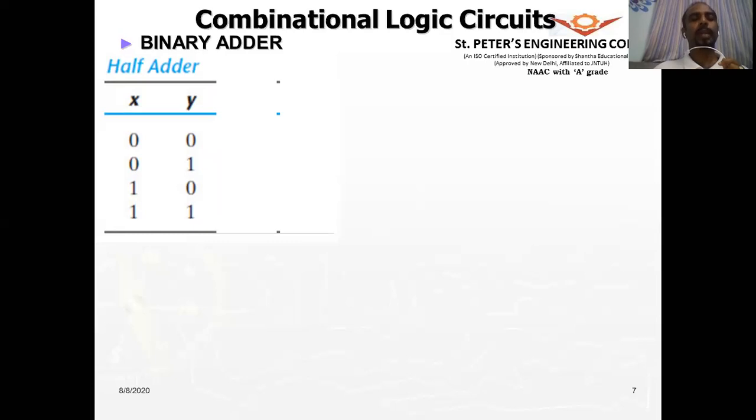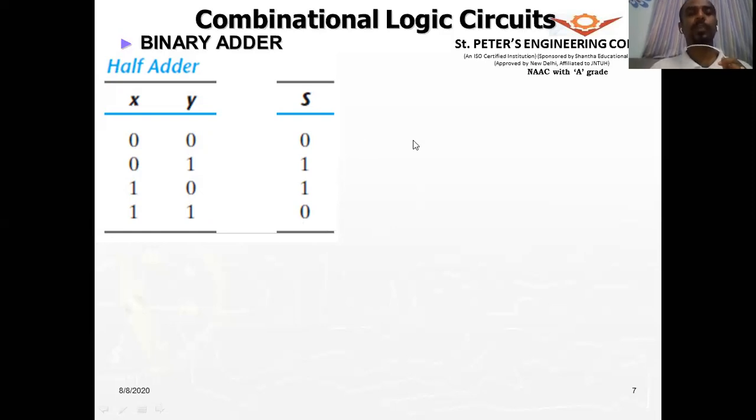Here, in binary adders, first we have to study what is called a half adder. Now why is it called a half adder? If I take two inputs x and y, and since it's binary, x and y can be zeros or ones. It can't be more than that, right? So if x is 0, y is 0, the addition of these two will be 0. 0 and 1, the sum will be 1, and the sum of 1 and 0 will be 1, and the sum of 1 and 1 will be 0 with a carry of 1, right?